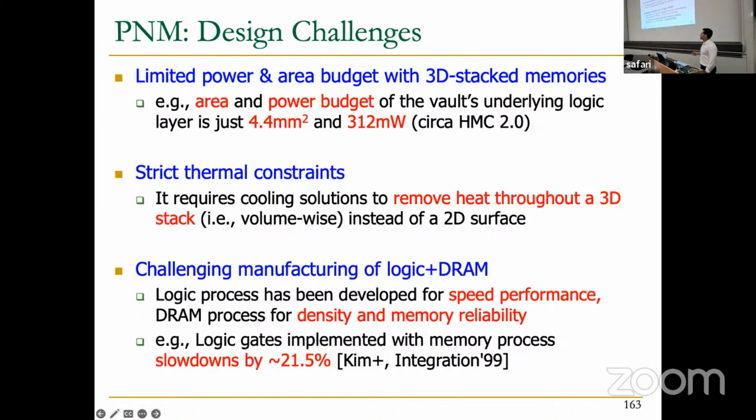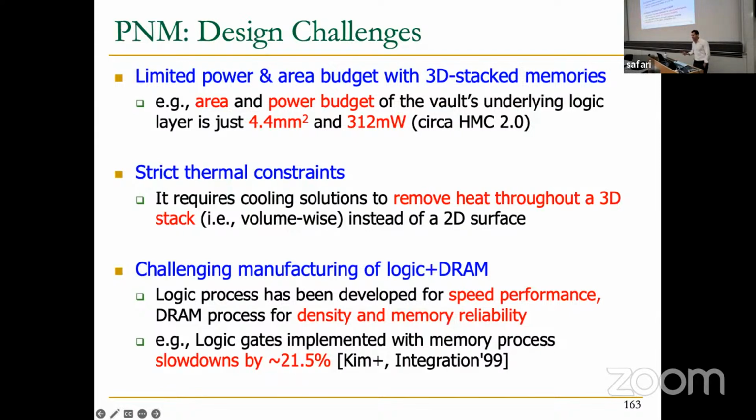So this means that processing-near-memory architectures are great. You're going to alleviate data movement bottlenecks. But you as a designer have a really difficult task, because you are going against much more powerful cores, your out-of-order cores or GPUs. At the same time, your hands are more or less tied because you don't have much area to spend, you don't have much power to spend, you cannot cool down the system, and whatever you design is going to be slower. So it's a really interesting trade-off point to be in.